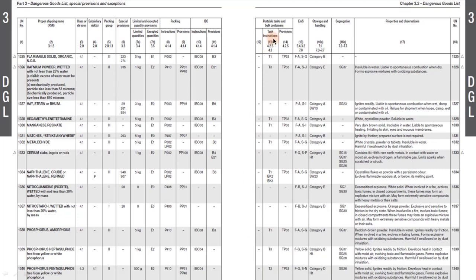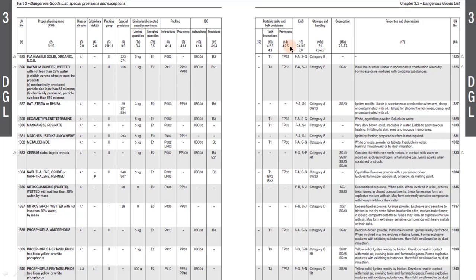Now column 13 contains T codes applicable to the transport of dangerous goods in portable tanks and road tank vehicles. You can see for hafnium powder wetted, code T3 is given here. So we can look for code T3 in chapter 4.2.5 and 4.3, and special tank provision code TP33 is given here.